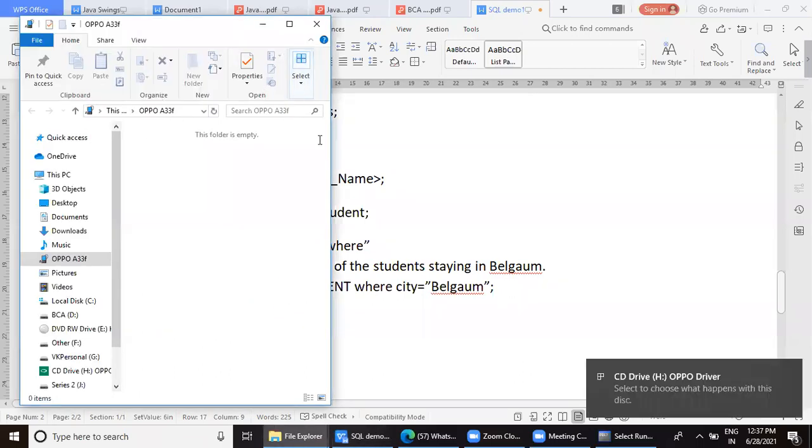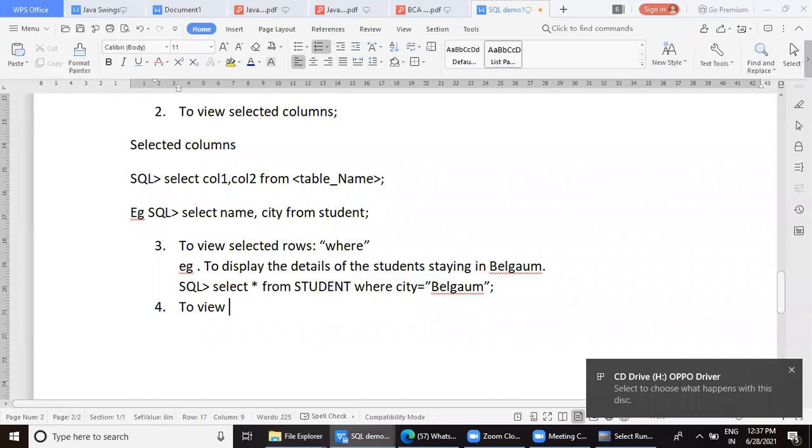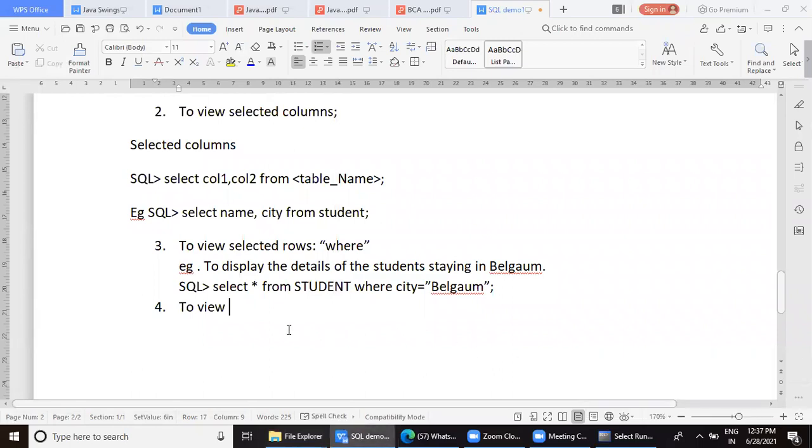So now let us see when the city is not equal to Belgaum. Fine. So this is the example, different examples. Here we can use all the operators. With string value, you can use equal to and not equal to.